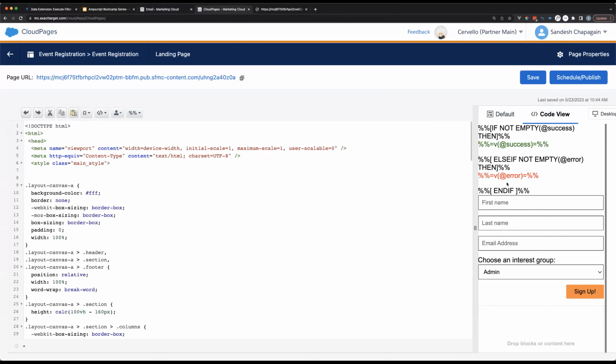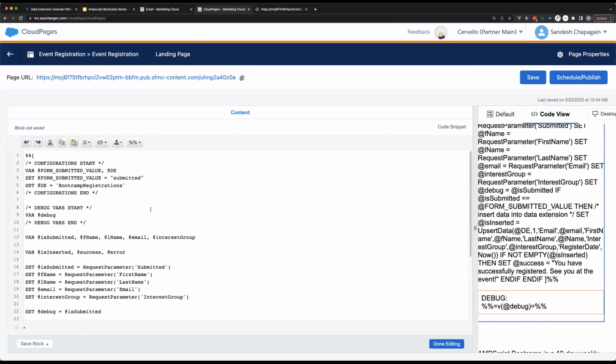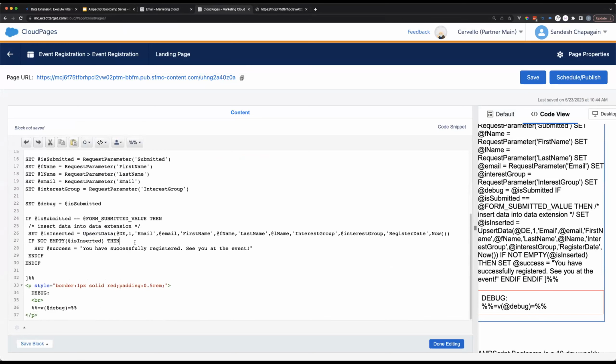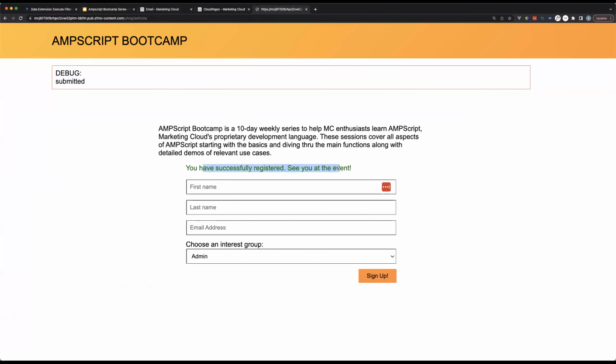Okay, so we went through a couple of functions. We inserted data using insert data, and observed it if the user attempts to submit again. But let's do one last thing. What we might want to do here is, if the user already exists, this is not really user friendly, right?